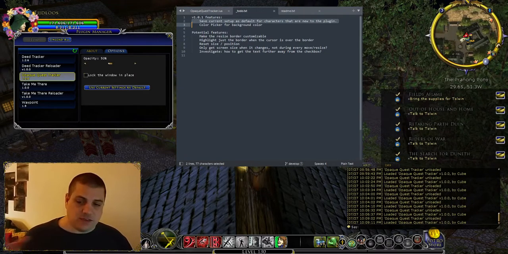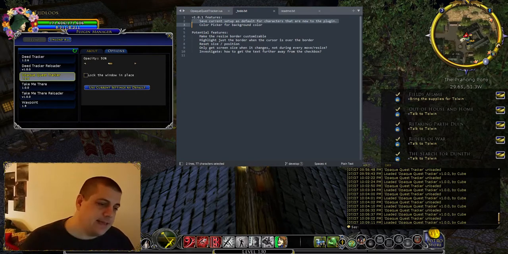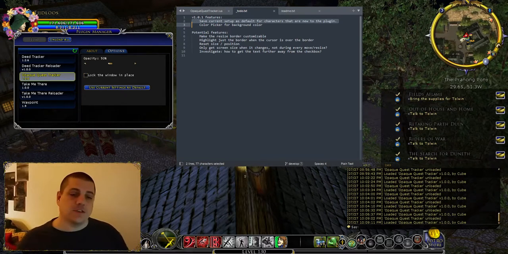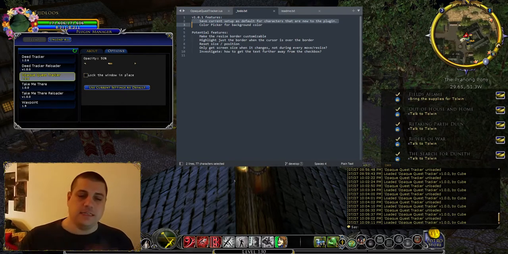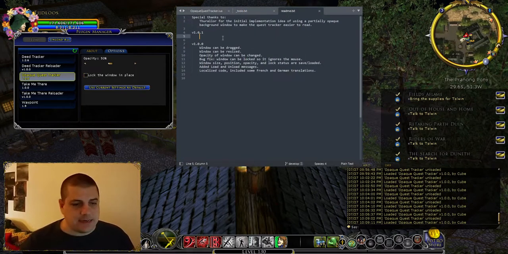So now you can log in, position it once for one of your characters, hit that button, and now every character that logs in, it'll be in the spot that's good for you and your UI layout. Perfect. So we can cross that off our to-do list, come back into the README,